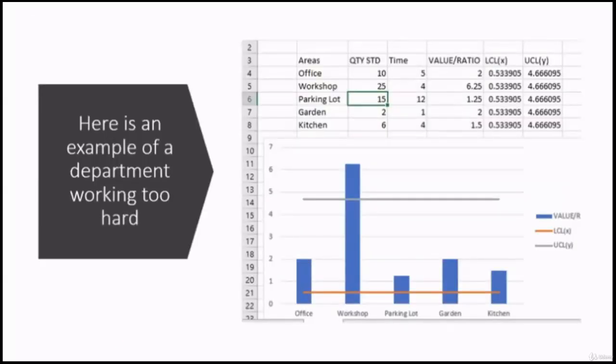So here's an example if they decided to work much harder, the workshop. So now from their previous standards, they decided to up it to 25 standards and try and get it done in 4 hours. This has now obviously exceeded the company's expectation, but has now fallen out of control. Can it be done? We're not too sure. Only through analyzing can we see this, but at the same time we do not want the workshop to feel that they're working harder than the other departments.